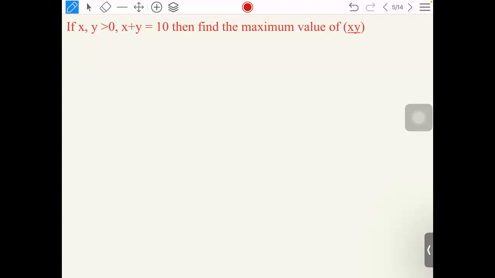Okay, so see this question. In this question, it is given that x and y are positive numbers, and their summation is given to us. That means x plus y equal to 10. Then find the maximum value of x into y. So if we apply AM-GM, the AM of the two terms is given by x plus y by 2, and their GM is given by